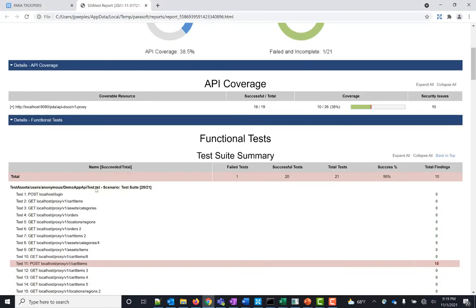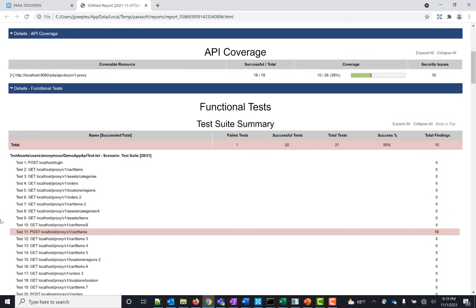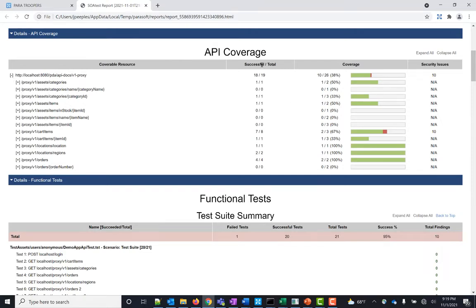And though API coverage isn't new to 2021.2, I'll go into it just to explain it. And what this is, we're not talking about code coverage. We're talking about the application has analyzed the APIs exposed by the server, and it has determined from our tests which of those APIs were touched. And so we can see here that some are completely tested, some haven't been tested at all, and then we see here partially tested with the red for the failures that we saw for those particular penetration tests.